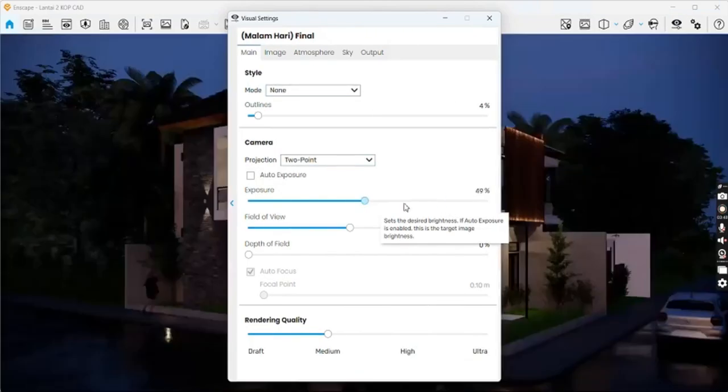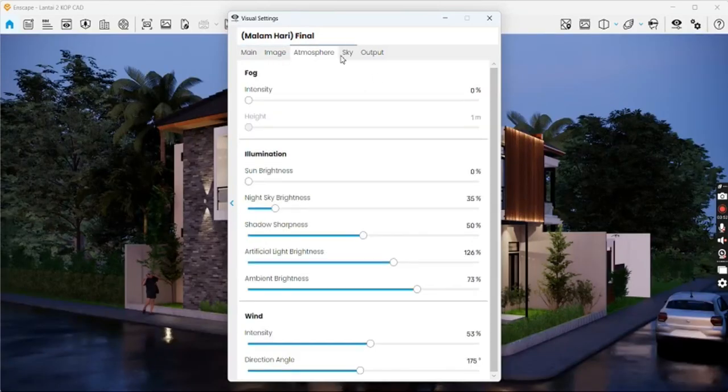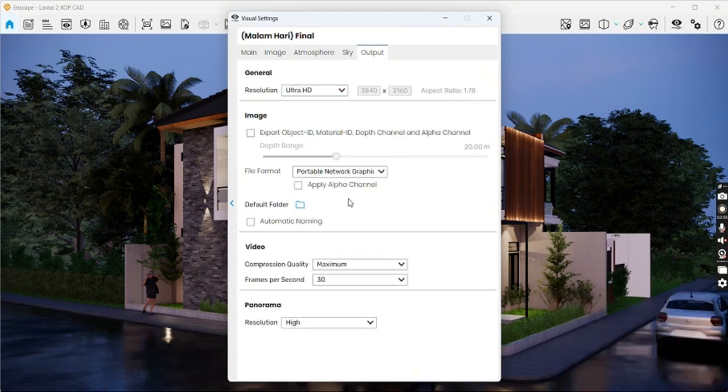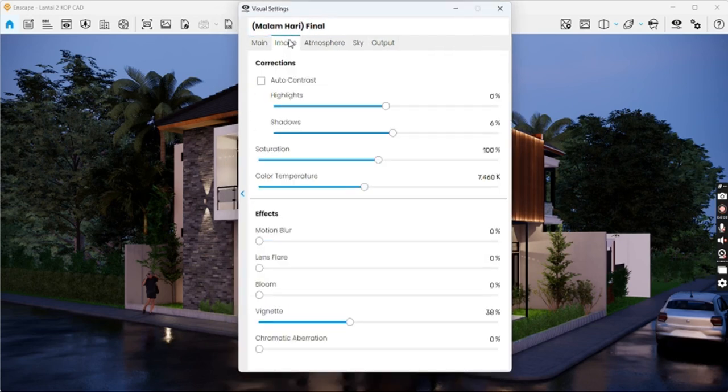You just have to click on Enscape, and then it looks good enough. There's the settings. That's the HDRI, the sky. I'm going to make it